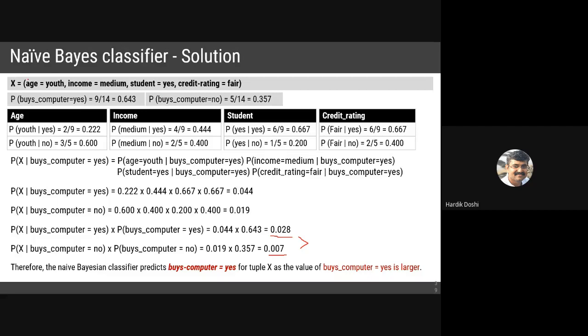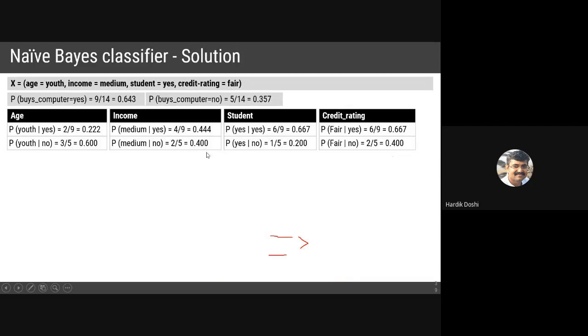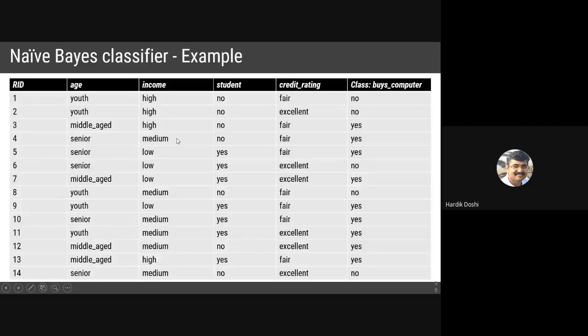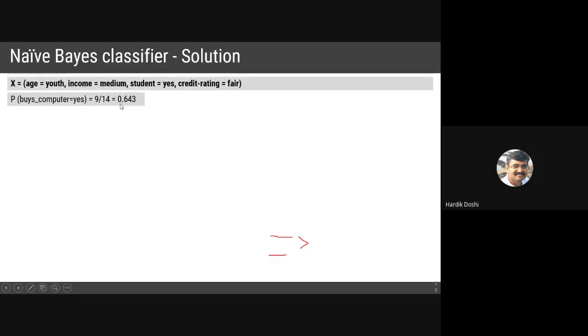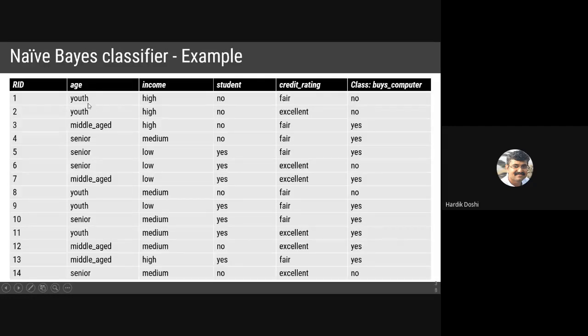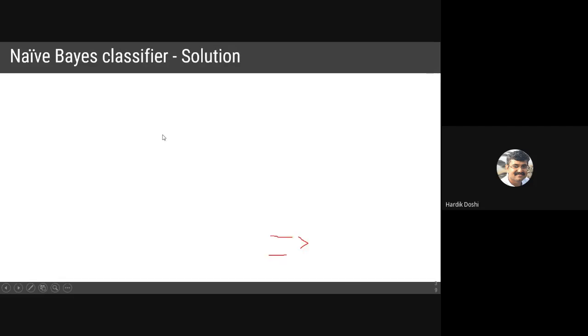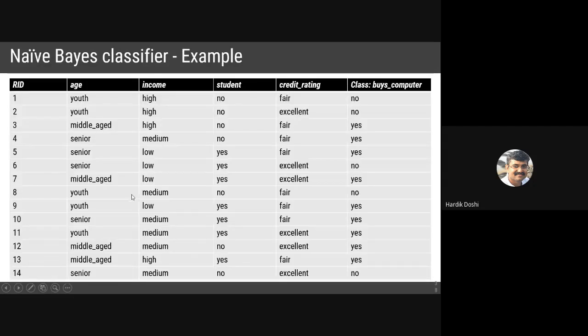Now let us check out the accuracy. How to check the accuracy? Age youth, income medium, student yes, credit rating fair. So we'll sort out the records for youth. Then income medium: youth with medium, income high, no. Youth with medium, yes, one medium, another medium, yes. So two records we had sorted. Then student yes: youth medium, no, here is not a student. Youth medium, yes, he is a student.